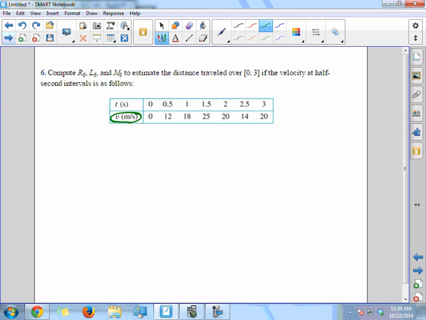So if I wanted to do R6, let's start with that. Then I'm going to look at the distance between all these intervals. And we're lucky that the distance between all these intervals is 0.5. But a lot of times on table problems like this, not all of these distances are going to be the same. So generally on table problems, instead of taking the width and putting it on the outside like I did with the function, because I know in that function that all my widths are going to be the same,